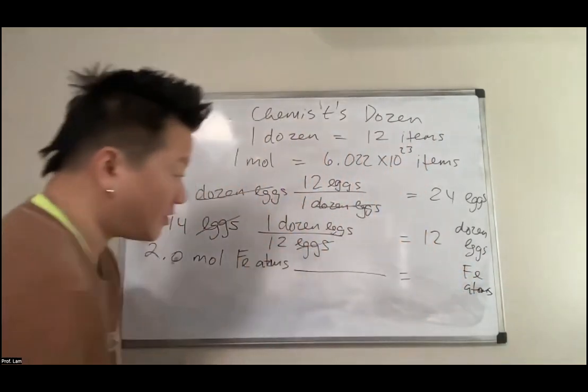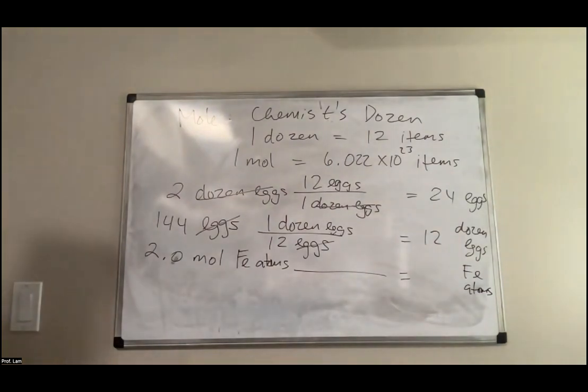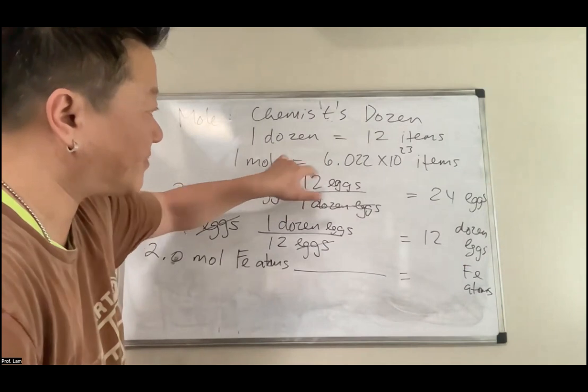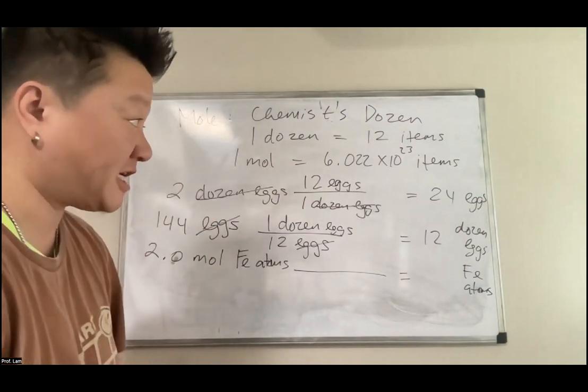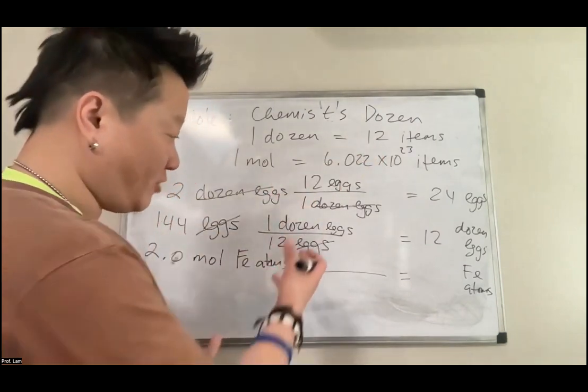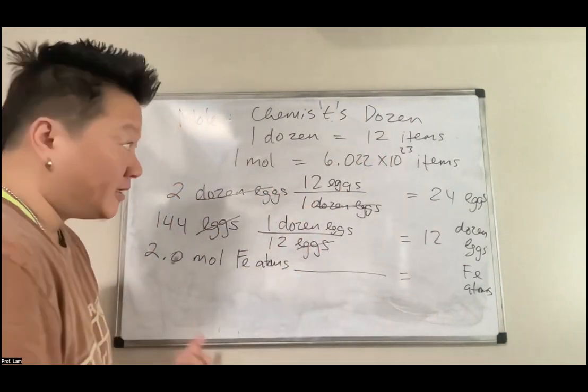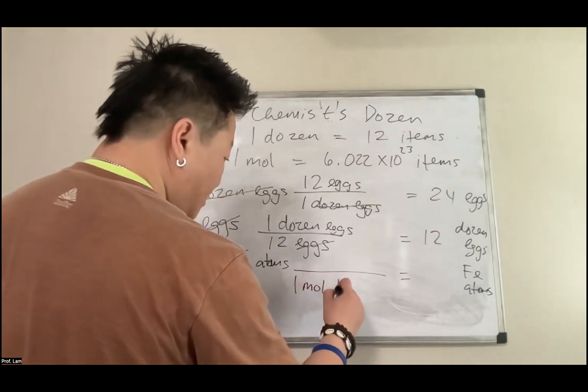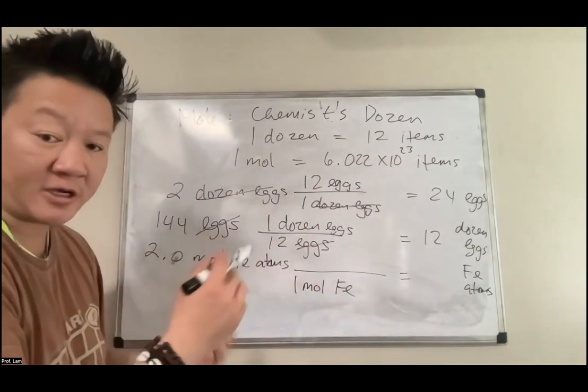So what goes on top? What goes on bottom? Well, what is the equivalency? 1 mole of something is 6.022 times 10 to the 23rd of that thing. It's a lot bigger number than 12, but you apply it in the same way. So that means mole needs to go on bottom. So 1 mole of iron,